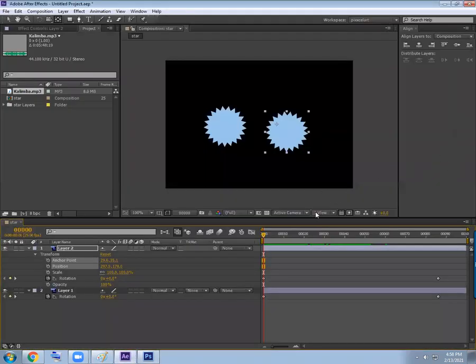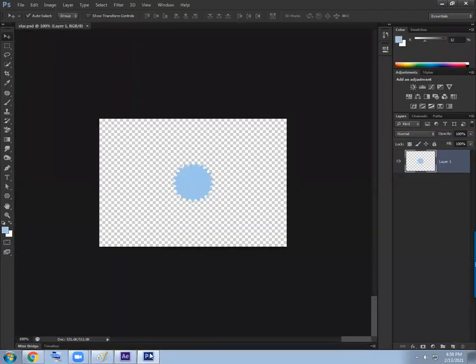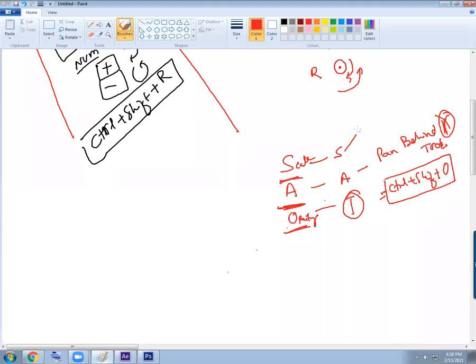Shift. Now here you have seen the rotation is plus and minus, but Control and plus and minus will control the scaling property of a layer. What is the command? Control and plus and minus. Plus or minus, scaling, that to be num key. Okay? How to control the scaling, how to control the rotation, how to control the position, how to control the